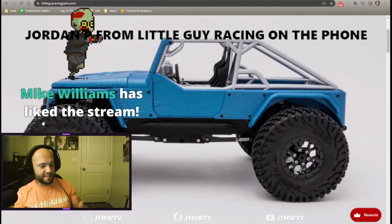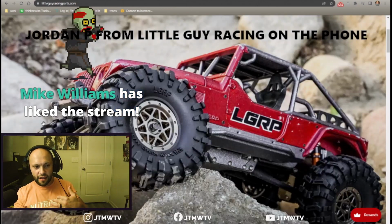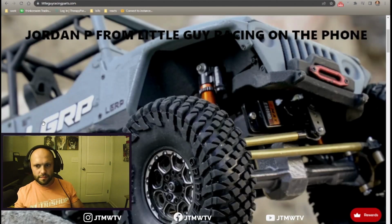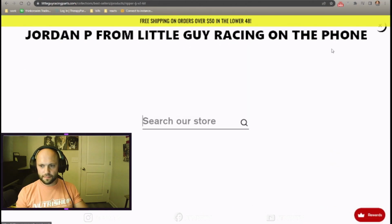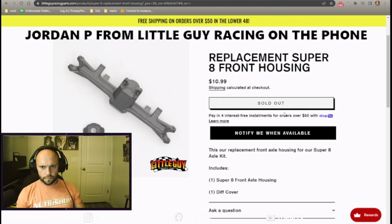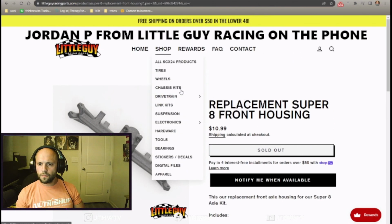I wanted to ask you guys about the Super 8 axles, because I've seen those on the website and I didn't realize, do you offer a metal version of those now? So we are literally just cresting into selling a completely billet version of that. Everything up till now has been plastic, and this next drop will still be plastic. But like that blue one I built with our brand new billet housings, we have about 40 front and rear Super 8s up for grabs,